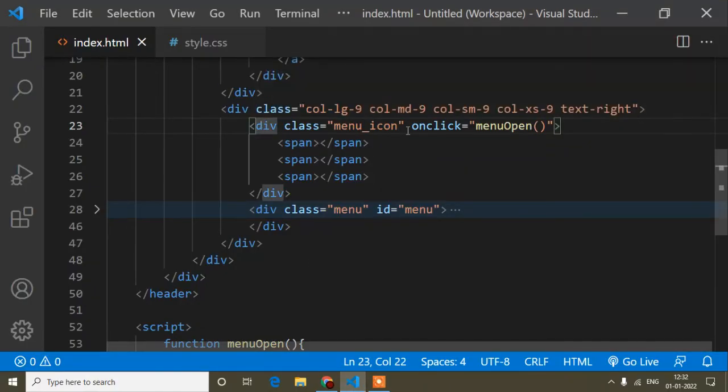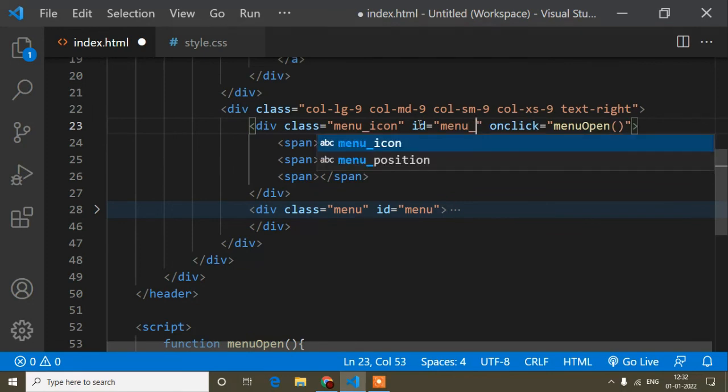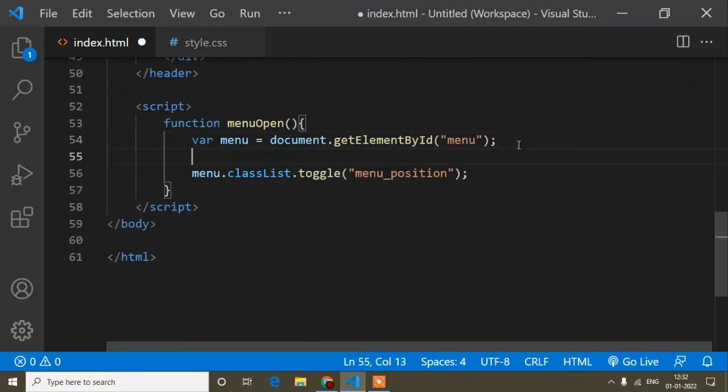So for that guys, here I will write another id. Okay, so id name, whatever is the class name, the same I will add, menu icon, right? So here I will write var menu icon, this is the variable name.